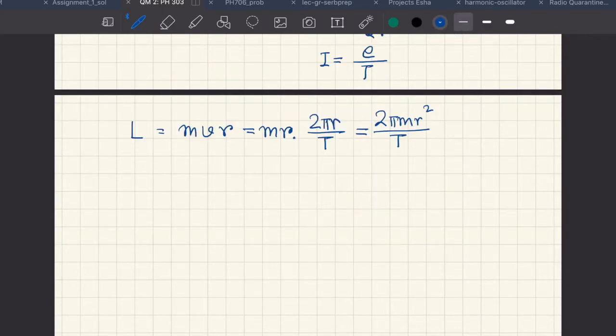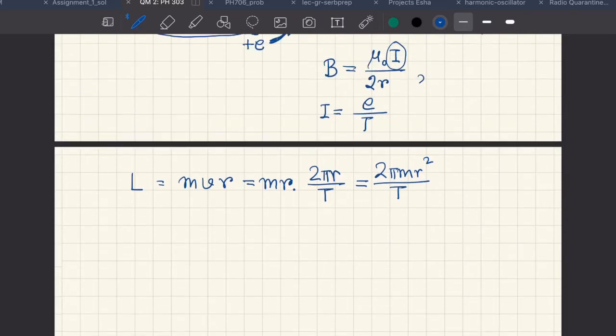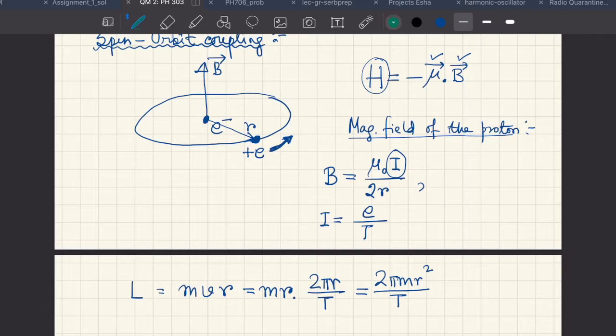But now you also see that B and L, this angular momentum that I have just talked about, the angular momentum of the electron in the rest frame of the nucleus, both of them actually point in the same direction, which is this up direction. We already have pointed out the magnetic field in that direction. Now I am saying that this angular momentum of the electron will also be in the same direction. So therefore,